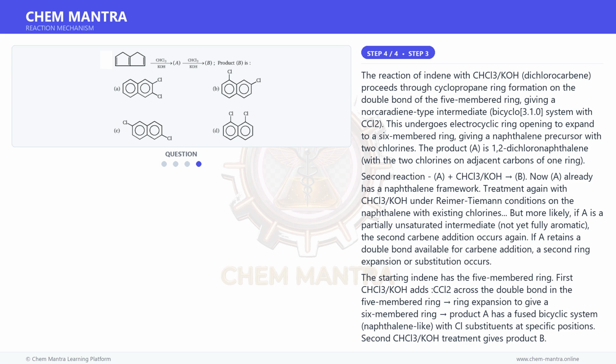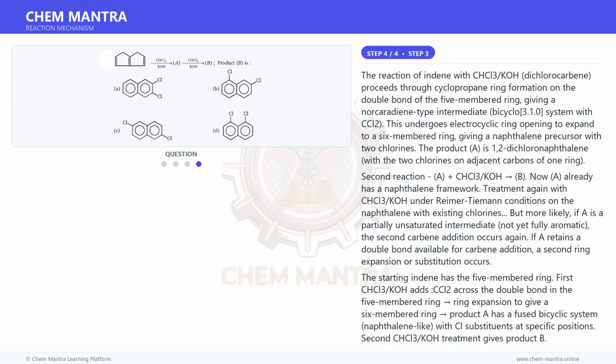The starting indene has the 5-membered ring. First CHCl3/KOH adds CCl2 across the double bond in the 5-membered ring, with expansion to give a 6-membered ring product. A has a fused bicyclic system, naphthalene-like, with Cl substituents at specific positions. Second CHCl3/KOH treatment gives product B. Indene reacting twice with CHCl3/KOH, dichlorocarbene, gives a product where both additions have occurred with ring expansion. The final product B is